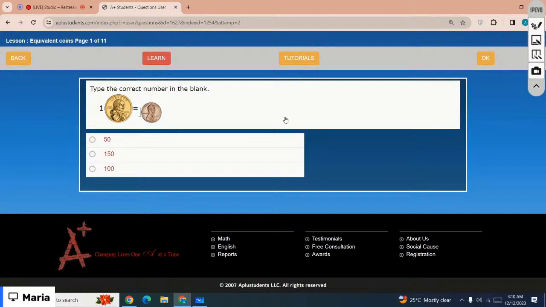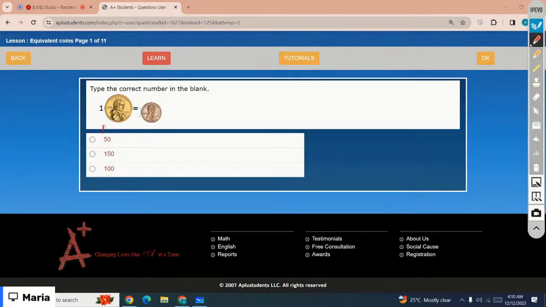Okay, the next one: type the correct number in the blank. You have a $1 coin and the next one is a penny, I think it is, right? The penny is worth 1 cent. So if you have $1, that is 100 cents, so 100 cents equal how many pennies? A penny is worth 1 cent, right? $1 equals 100 cents,